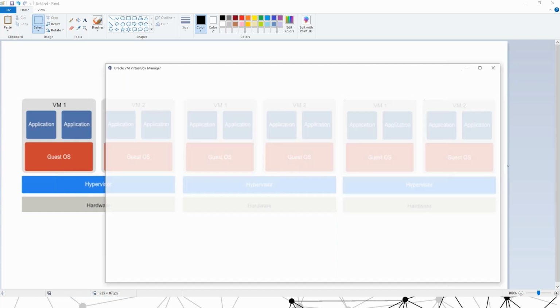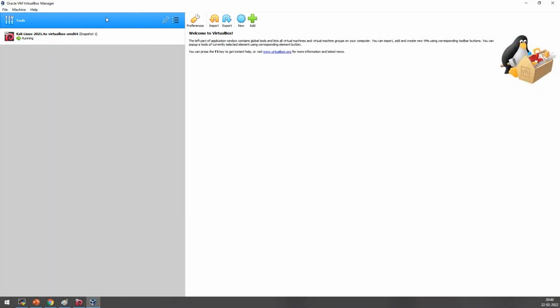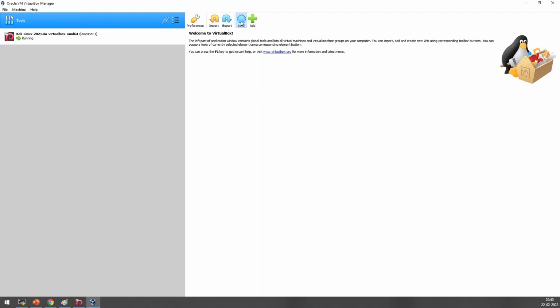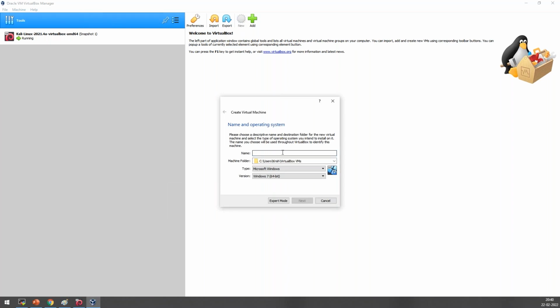Now let's say I am creating a VM on my software. This is my hypervisor software called Oracle VirtualBox that I showed you. I'm going to create a new virtual machine here. I'll give it a name, like sample server or sample VM, and I want to have a Linux one. I'm not a big fan of Windows actually.